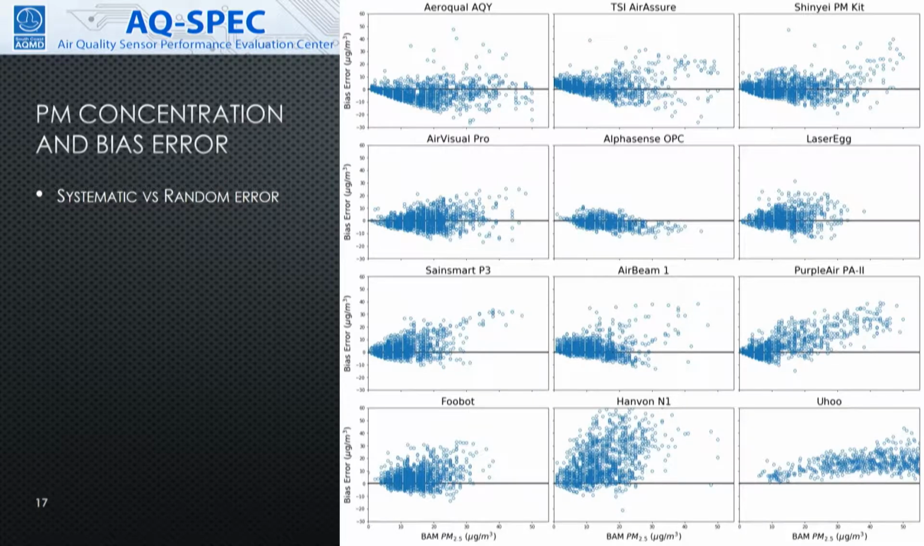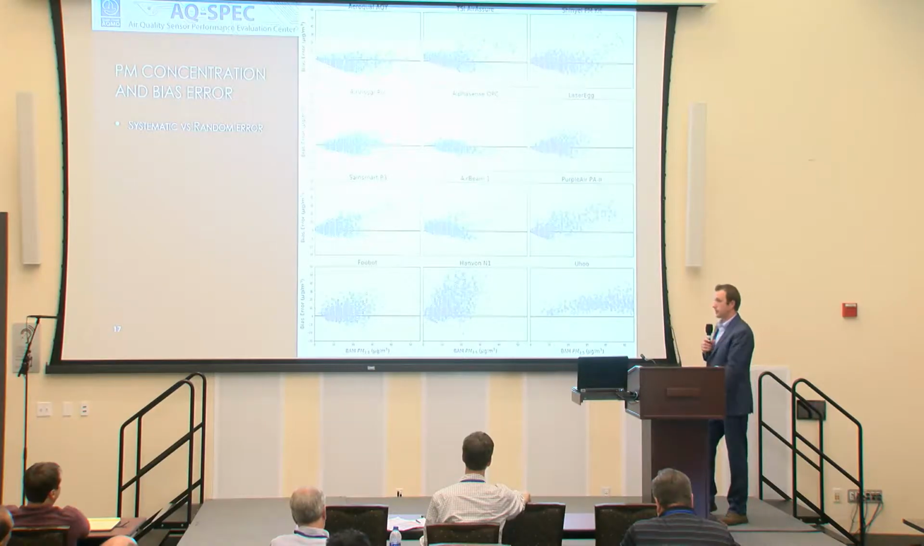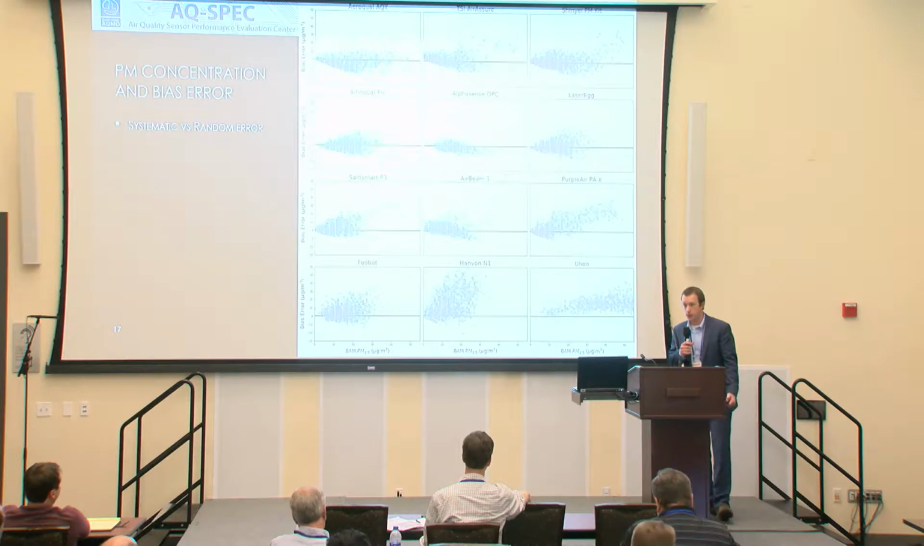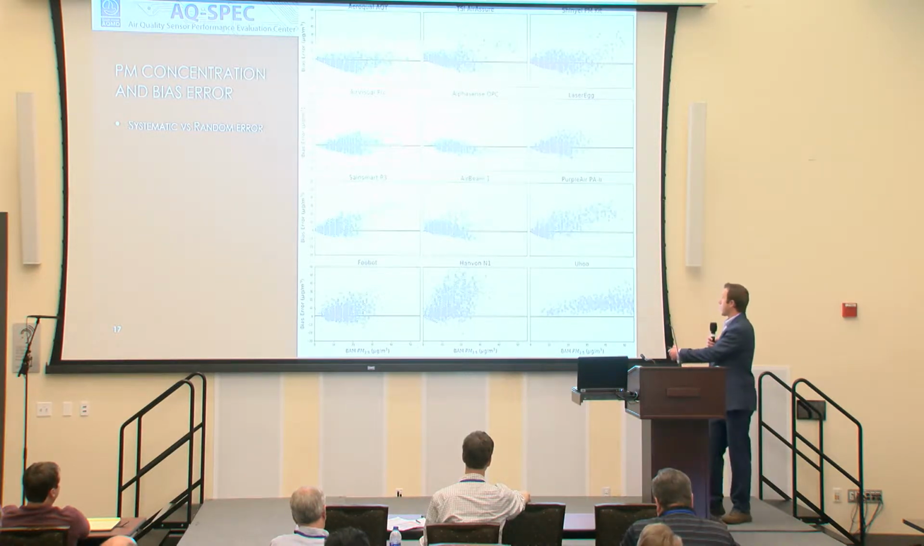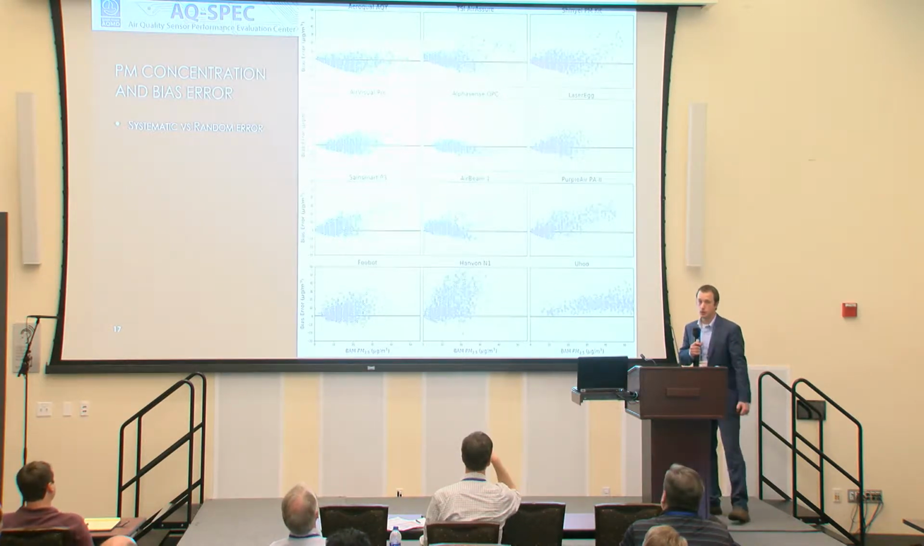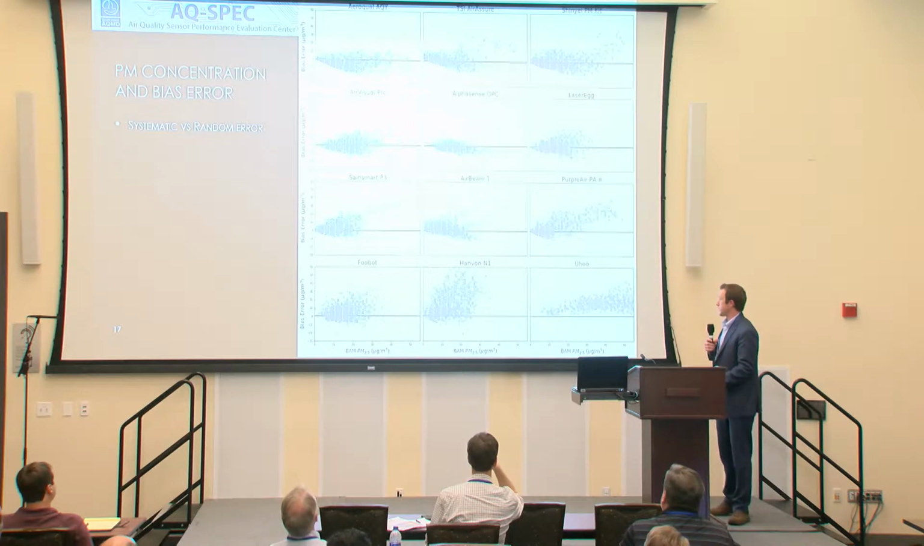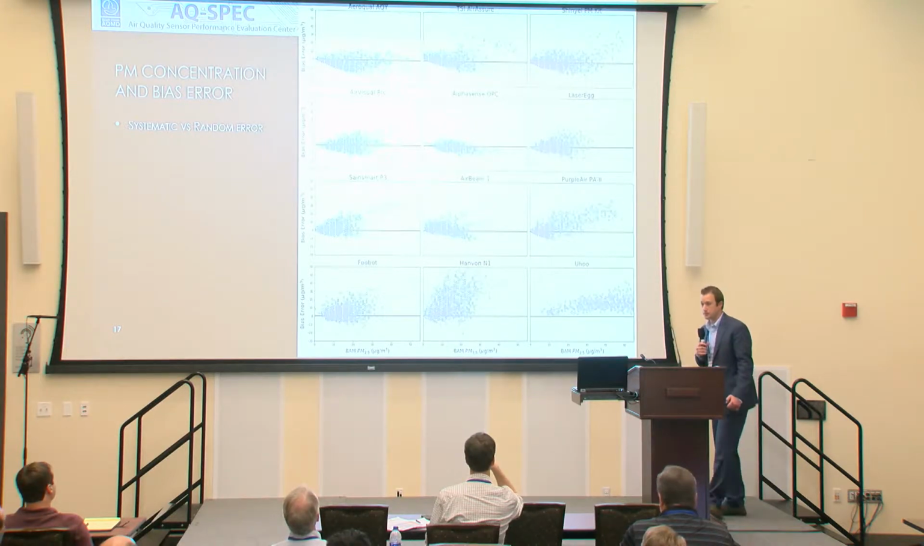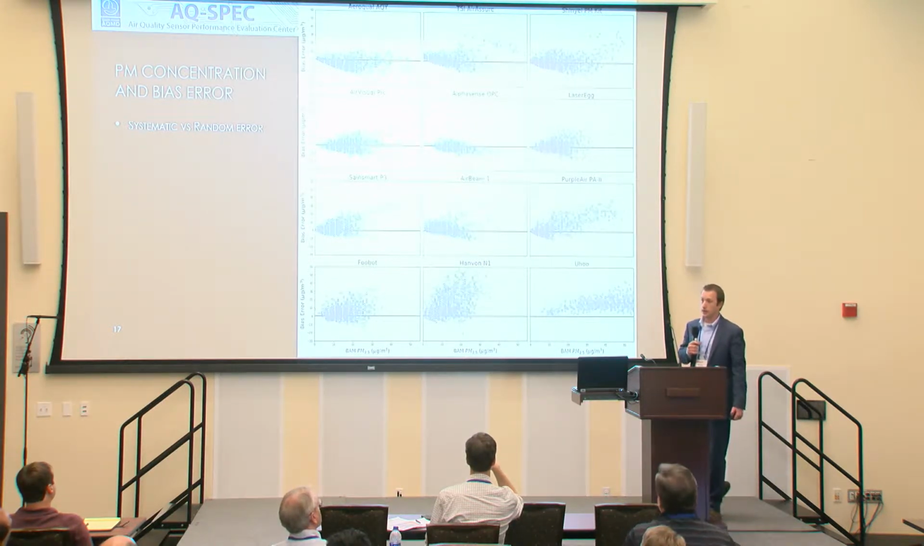And then if you look here at the PurpleAir sensor, you can see that it has a lot of random error where it overestimates and underestimates fairly evenly between 0 and about 15 micrograms per cubic meter. And then above that concentration, you see a more systematic overestimation of PM2.5 that you may be able to correct out. So looking at this with an idea of how can we correct this data,